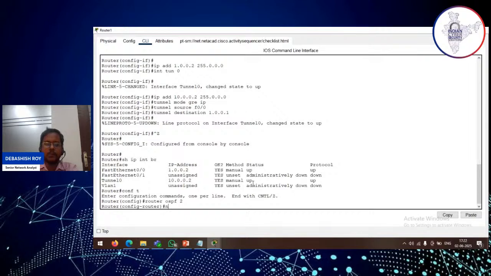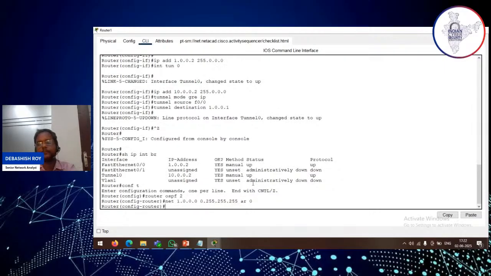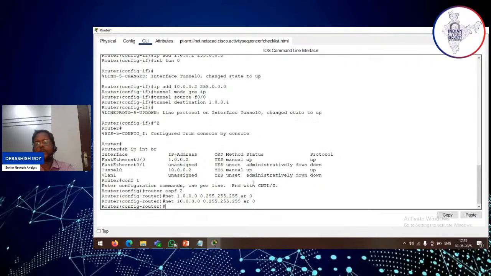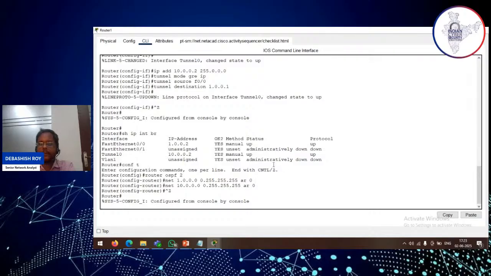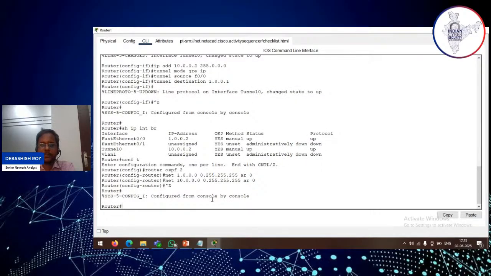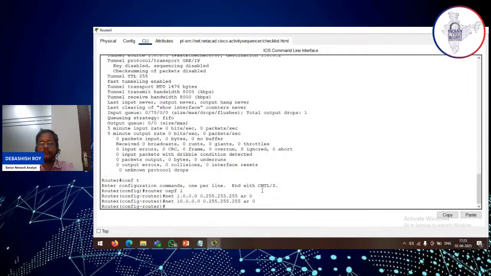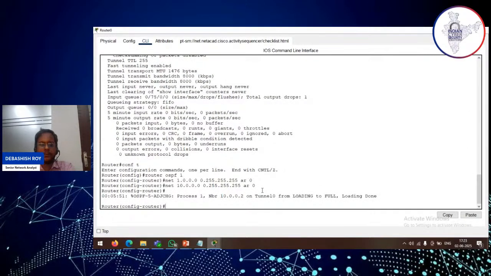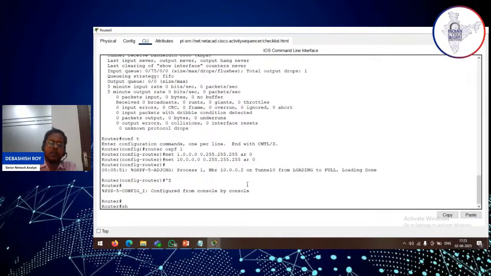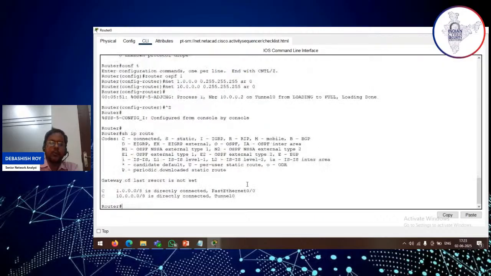So web 2 or something, and network here it is also 100. Network also 10.0.0.0. So you can specify the protocols as well in the GRE level. As you can see, the OSPF messages also come up, and if you see show IP route,